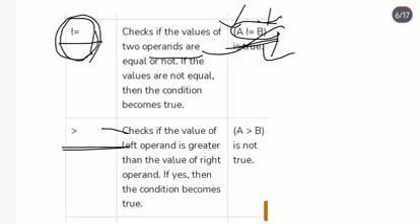In mathematics we use greater than, less than, greater than or equal to, or less than or equal to. These are very simple things. We first have to follow the mathematical ideas only. Check if the value of the left operand is greater than the value of the right operand. If yes, then the condition becomes true. a is greater than b is not true, because the value of a is 10 and the value of b is 20, so a is not greater than b. So this is false, this is not true. Okay,